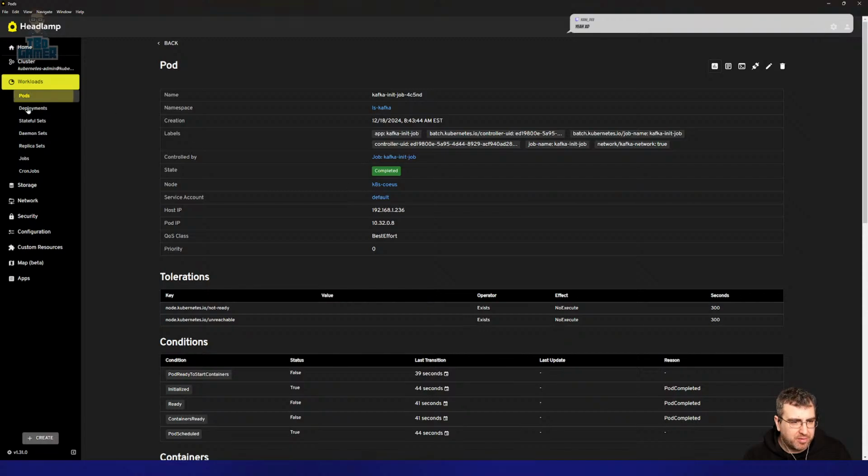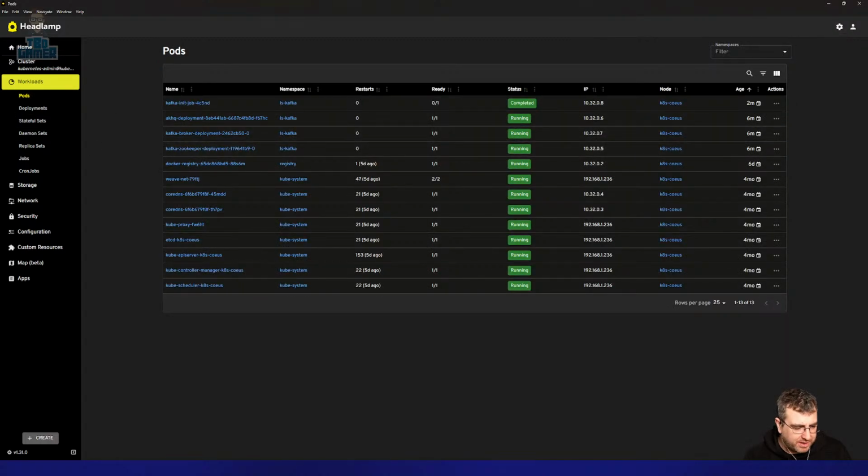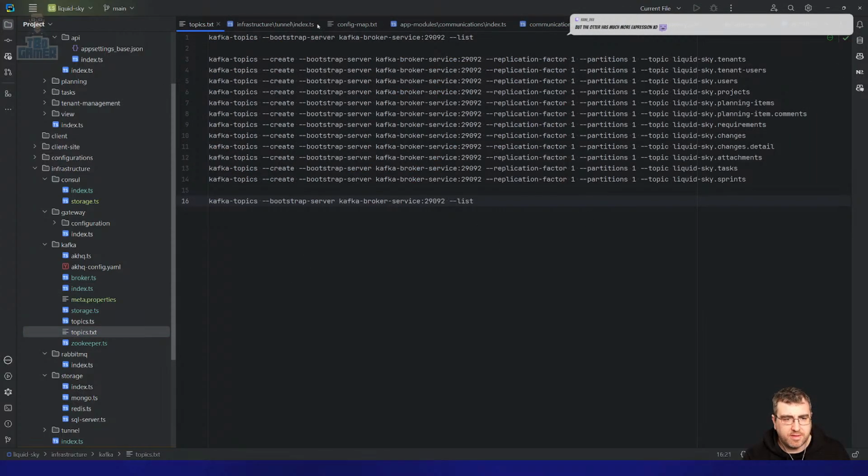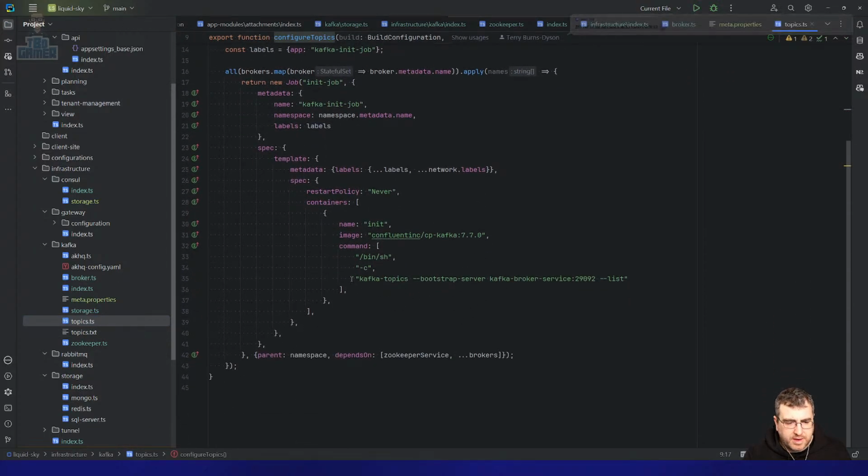So that ran, but it didn't do anything of meaning. So let's have a look. So this one, and again, if you have any ideas on how you would approach this one. So what I want to do is I want to basically run these items to create these topics. So my initial goal was to try and pull this like this, but